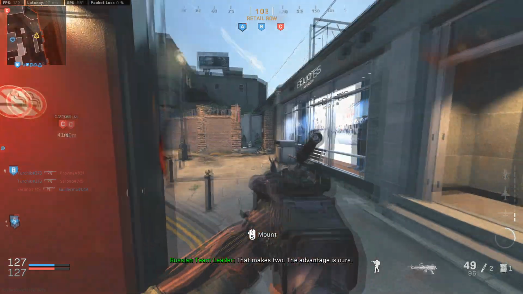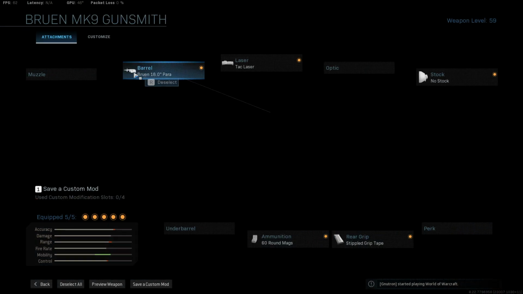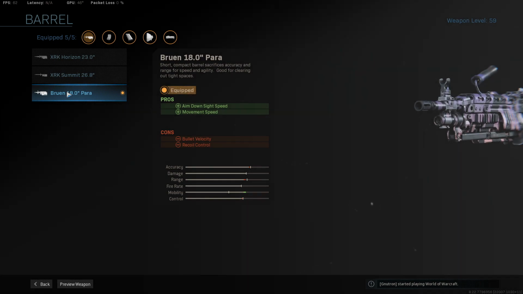Anyway, as for our attachments here on the Bruen MK9, we're looking for the Bruen 18-inch para barrel. Starting us off here with that aim down sight speed and movement speed, you'll notice a trend here with a lot of these attachments. They are basically designed all around aiming down sight a little bit faster. This is a super strong option here, as I said, to get those sights up nice and quickly and allowing us to move around the map and be quite aggressive with this particular weapon. This weapon deals great damage and does get a 3-shot at most ranges. So we can use this barrel to be able to move around the map quickly and still get those 3-shot